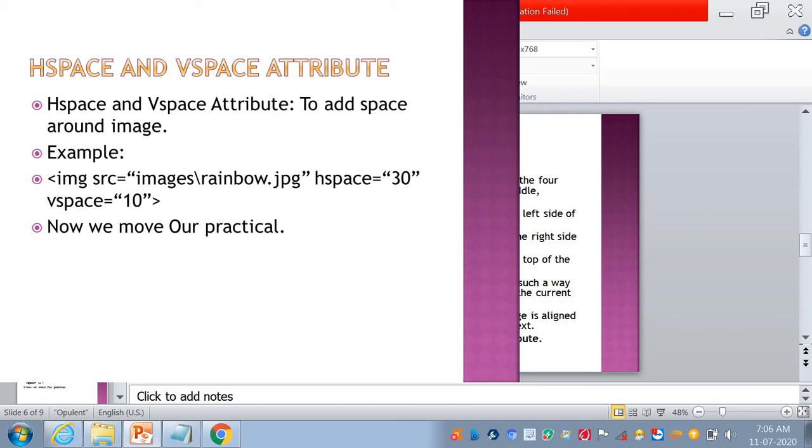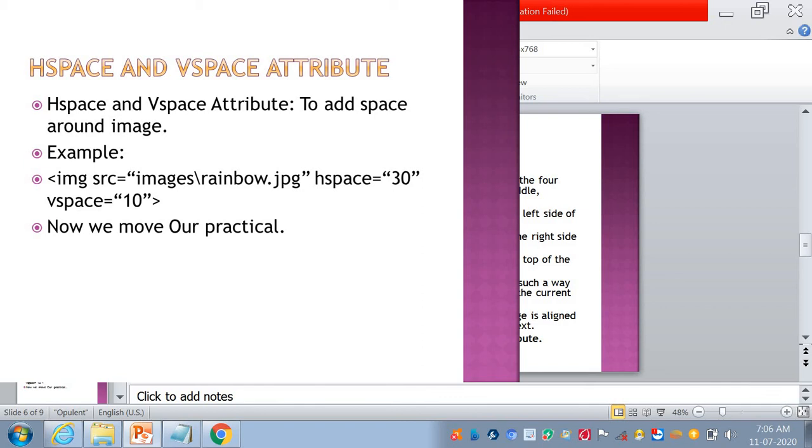Now we move to the hspace and vspace attributes. The hspace and vspace attributes add a space around the image. In this example I put two images, so between the two images we can apply space with the use of the hspace and vspace attributes.